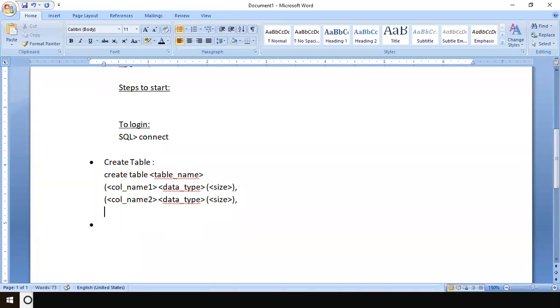I'll give a dotted line. This round bracket will not be repeated because you have already started it. It starts in the beginning and ends at the end, after you have specified all the columns. The dotted line indicates you can have as many columns as you want.